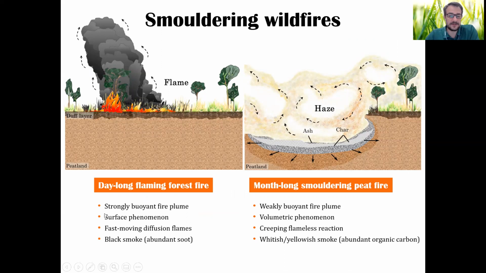This type of combustion then makes the smoldering fires and the flaming fires have very different aspects. I start with the flaming fire. You can see the flames with this yellowish, orange, red glow. It typically burns the surface fuels, being the grass, the bushes, the overground, and even the trees.